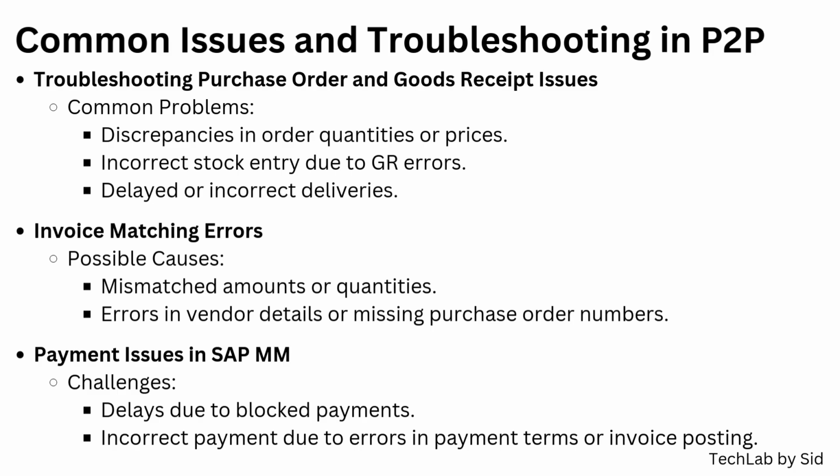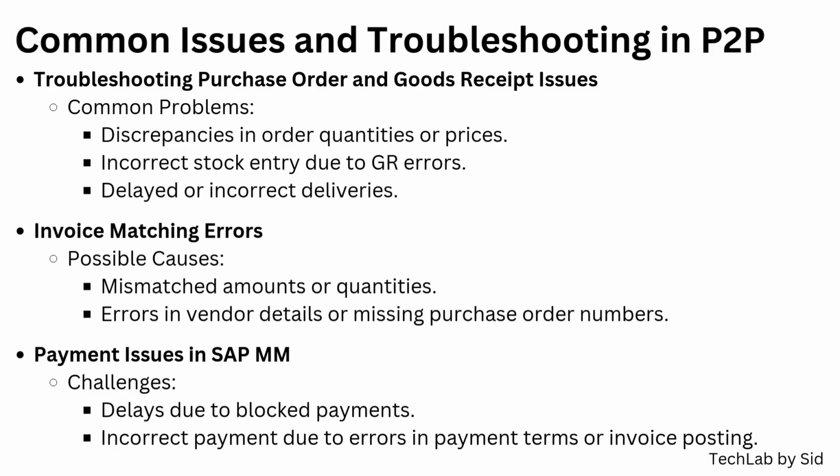One common problem is discrepancies between the purchase order and the actual delivery, where quantities or prices do not match. This can happen due to errors in PO creation or vendor-side issues. To resolve this, ensure the PO is correctly created with accurate quantities and pricing. If discrepancies occur during goods receipt, perform a three-way match to verify the details and resolve the issue with the